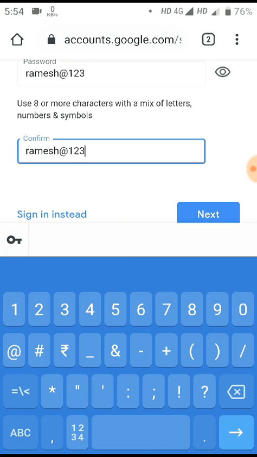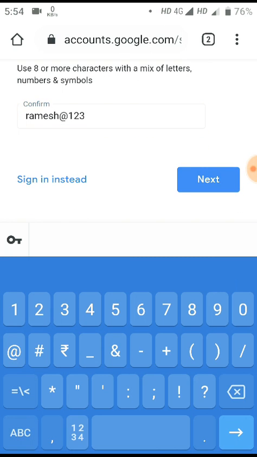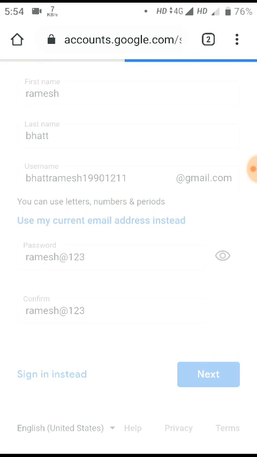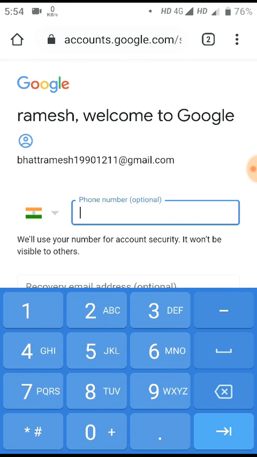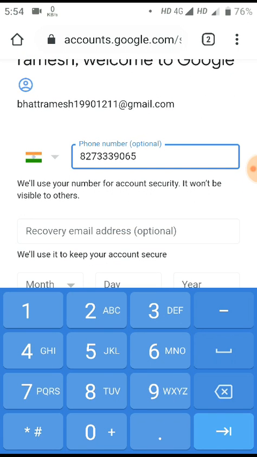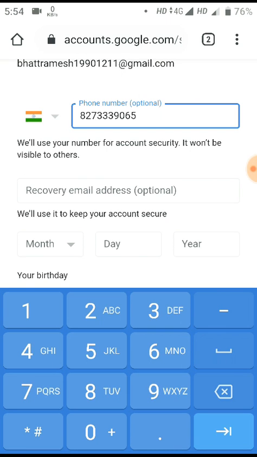Okay, I'm confirming the password here. After that I will click on next. Now after next, it will ask for your mobile number, so I am just writing my mobile number. It is also asking for a recovery address, but it is optional, so you can skip it.